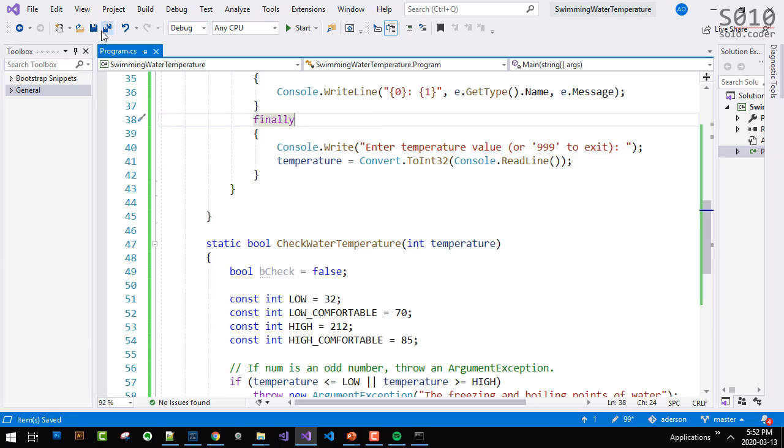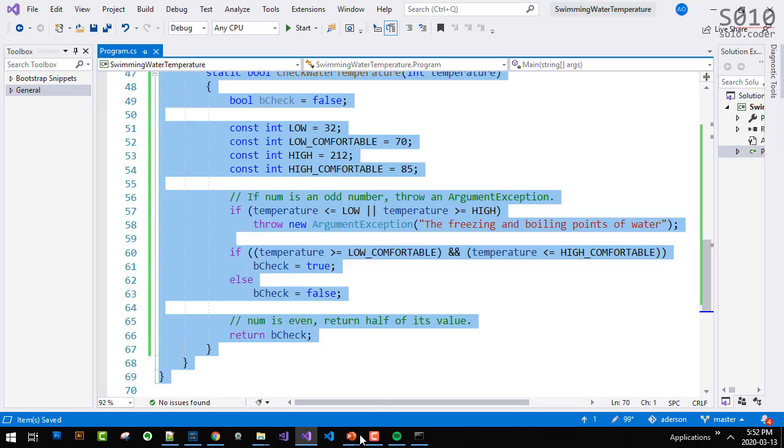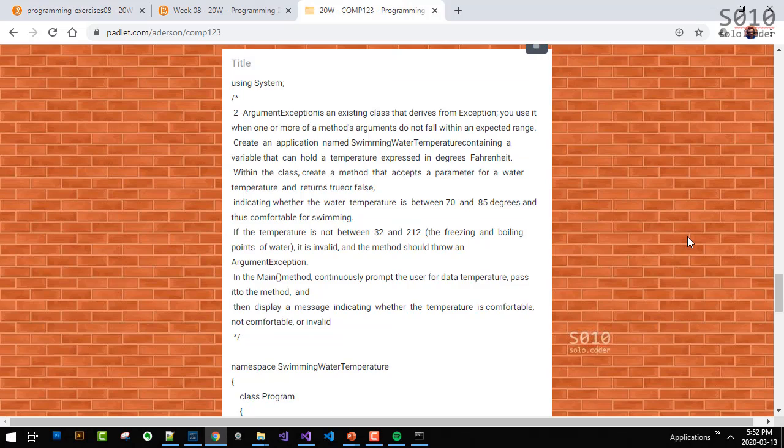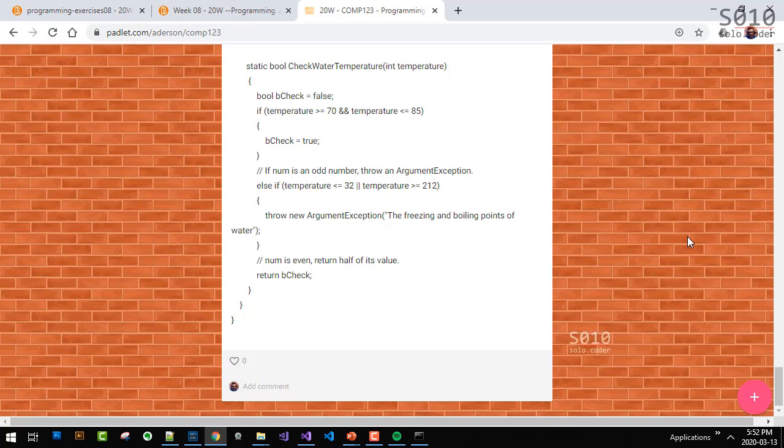Okay, great. I'm going to copy this entire code and share it on Padlet so you can have a reference there. As you go through the other exercises, you have exercises 3 and 4. We may not be doing them today, but you can take them home, and you're going to have plenty of time next week to play with them.